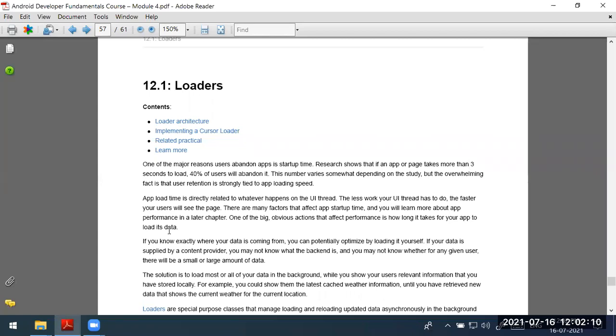In the background, many things happen, and all of those are handled by the worker threads. We have to reduce the work on the user interface thread. That makes the page load faster, and the user sees the complete page without waiting for loading. If it takes too much time, that affects performance.